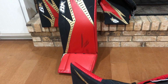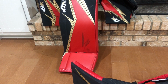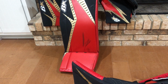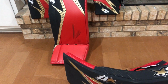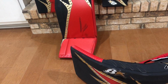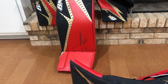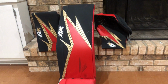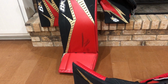So to reiterate, if you were somebody that had a Fly core in Optik 1, didn't find it stiff enough, or you want harder rebound pads, this is definitely a good step up for you. However, the more and more I test different gear, I find the one feature that really makes or breaks pads for me generally are the sliding ability, the strapping, and the rebounds. And I would definitely love to see Brian's continue to get their rebounds harder and harder. Again, this is better than Optik 1, but I definitely think that's something they could look to improve on